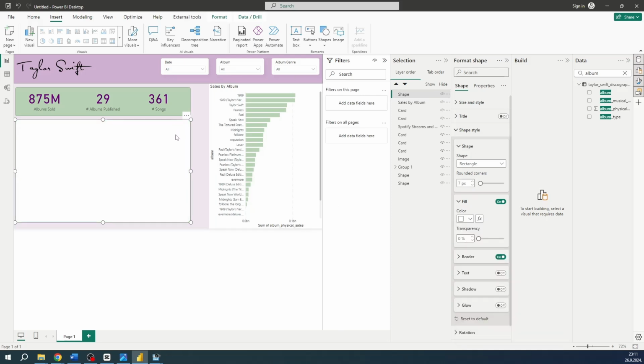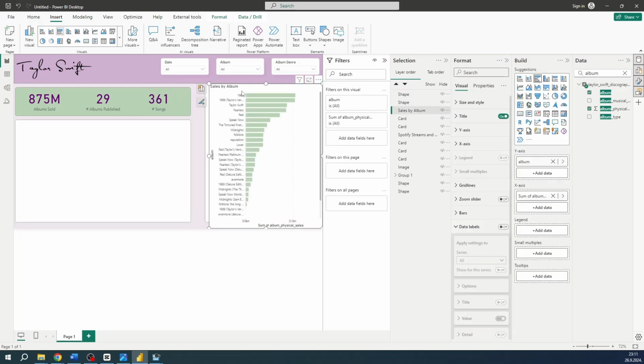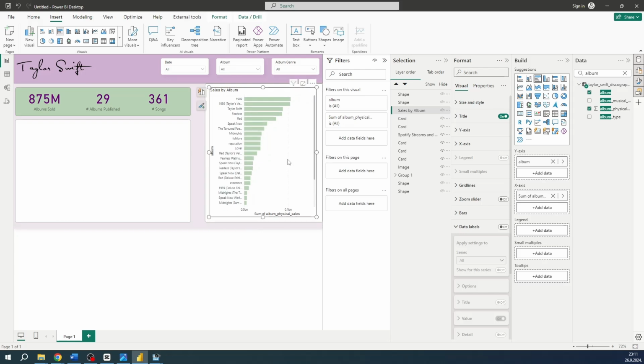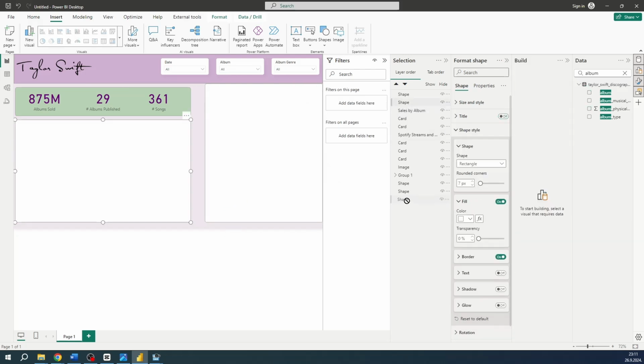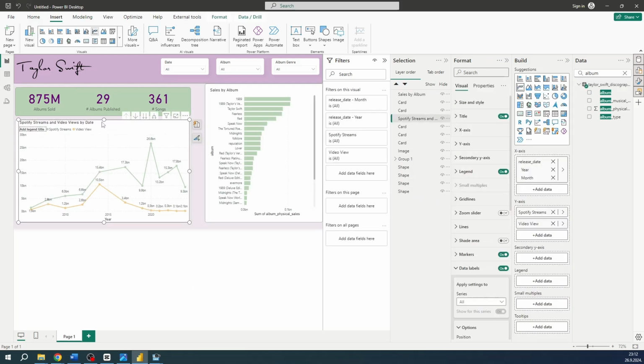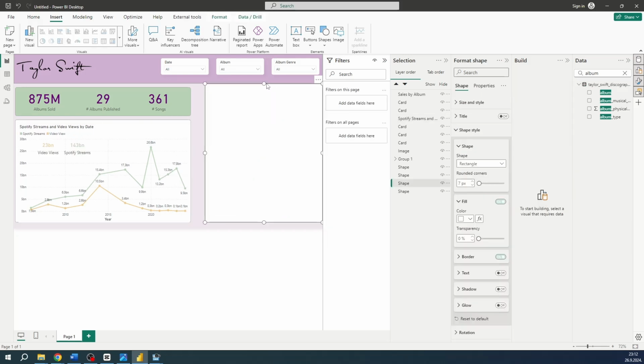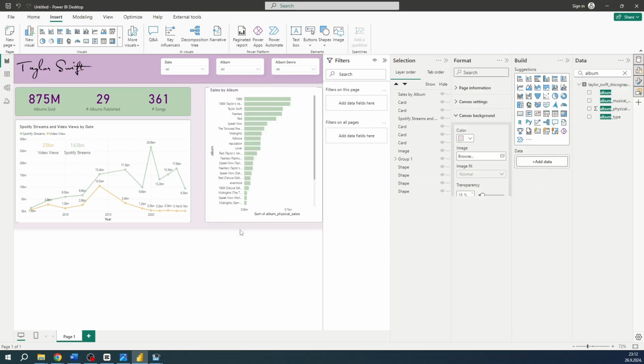And let's apply same Control C to sum of sales. And let's resize sum of sales to match shape. Now let's move these shapes to end. And here now we have our dashboard